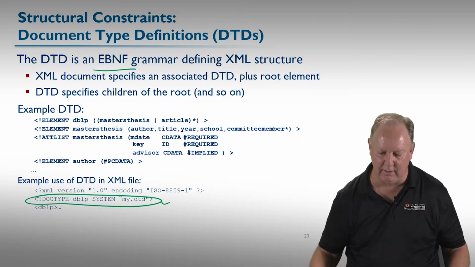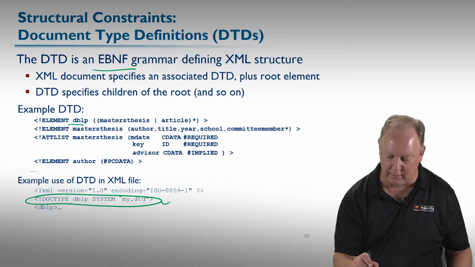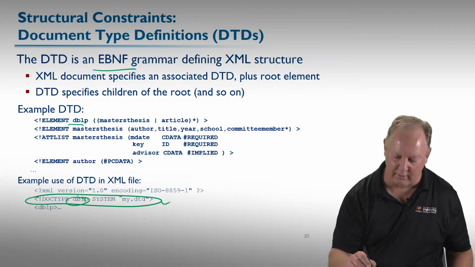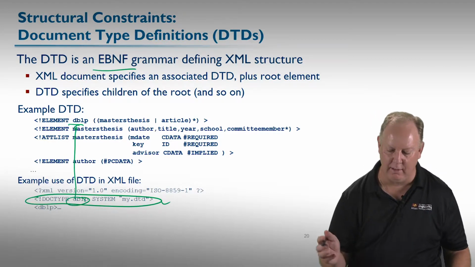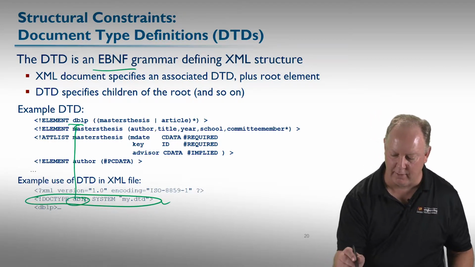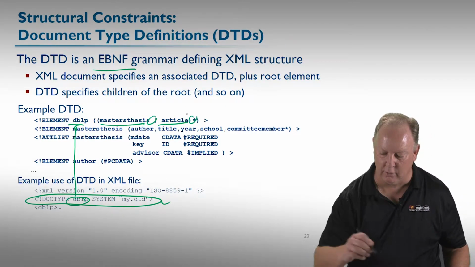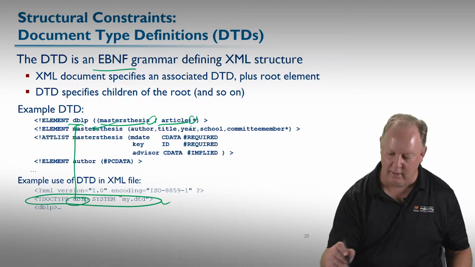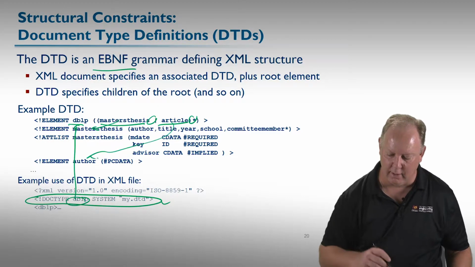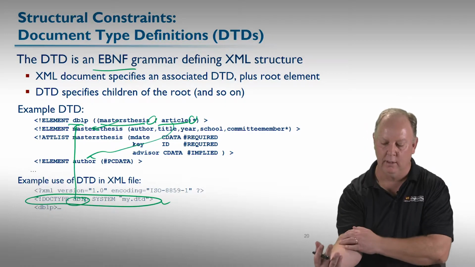Here's an example. A DTD would tell you, for example, that you have a top level element. The top level element comes in the doc type. So then we would plug into this part of the grammar and say, oh, we have an element of type DBLP. And then underneath that element, I would have to have a master's thesis or an article, and I could have zero or more of those, which is what the star means. And then I would go look, oh, there's a master's thesis. I don't have the article part on here, but if I had one, or if I used author here, I would refer to that. And I would basically build that structure iteratively, going down.